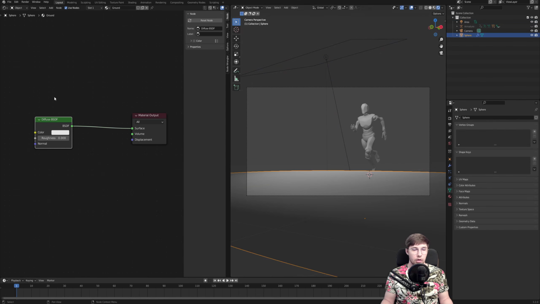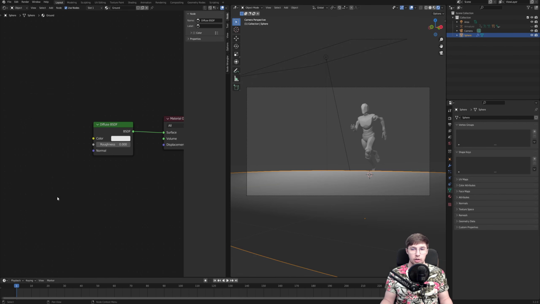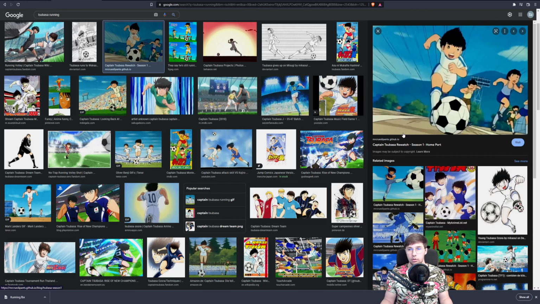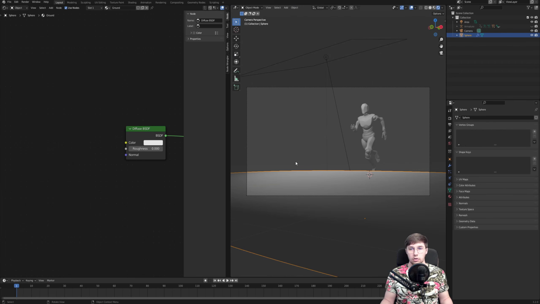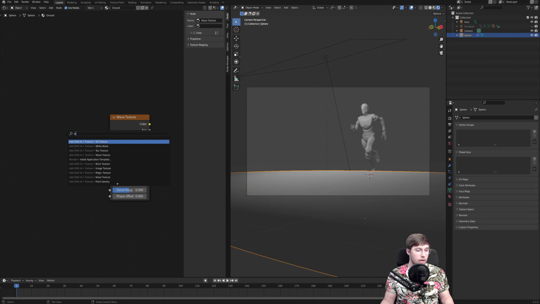Now we can click 0 on the numpad, which is gonna take us to our camera view, and then click the ground. Now in order to make our ground more interesting and play along with the style that we're going for, I took the inspiration from the Captain Tsubasa animation, where you can see that the ground is basically just vertical lines of different shade that is moving past the character quite fast. So this is something we will do as well, and for that we will need a wave texture as well as the texture coordinates